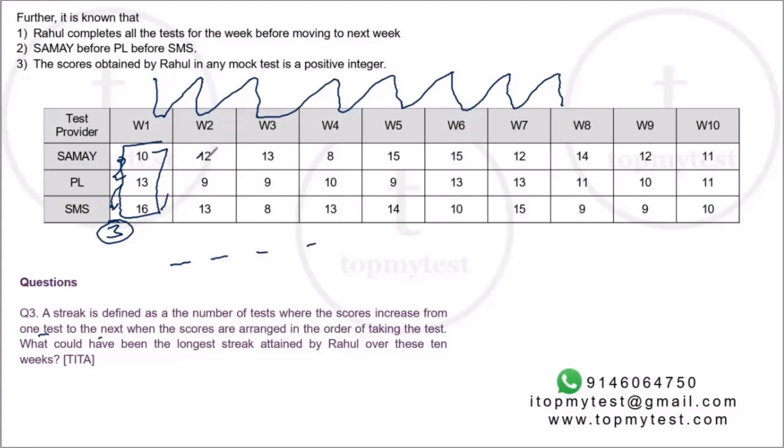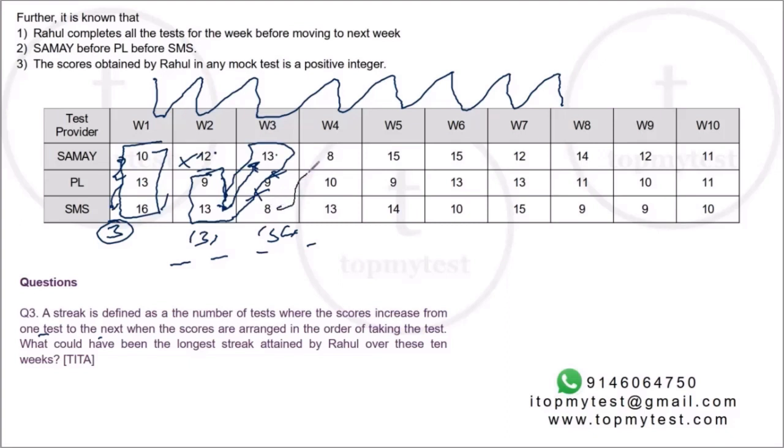Okay, let's look at this. From 12 to 9, okay, it's actually a drop. So there cannot be any streak here. Let's check the next streak. From 9 to 13, there can be an increase. From 13 to 13, there can be an increase. For example, this score can be 131, this score can be 134. So there can technically, theoretically be an increase. So again, you can have a streak of 3. It will stop at 3 because after 13 is 9. So there's a definite drop. So it stops here. From 13 to 8, again there's a drop. Cannot be a streak.